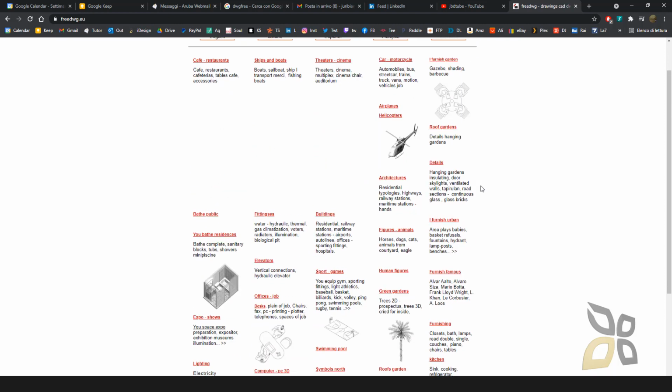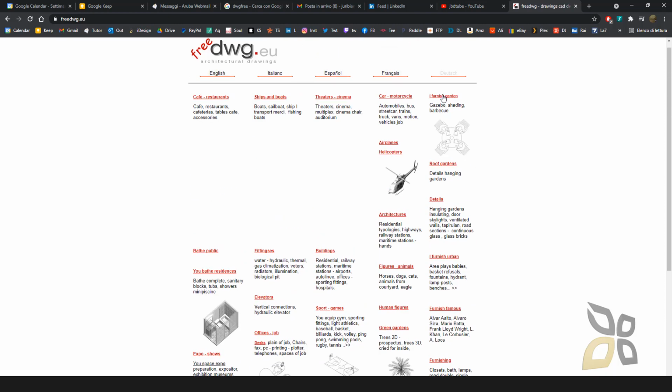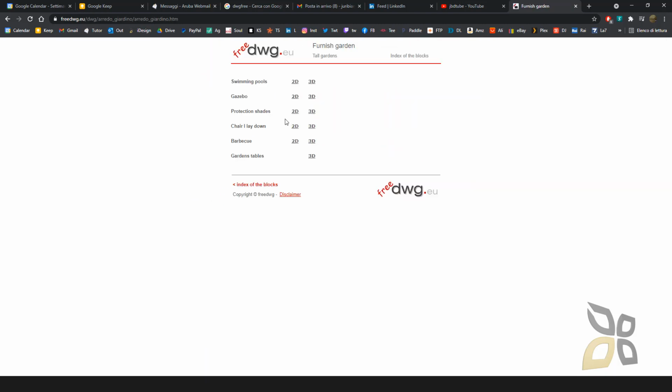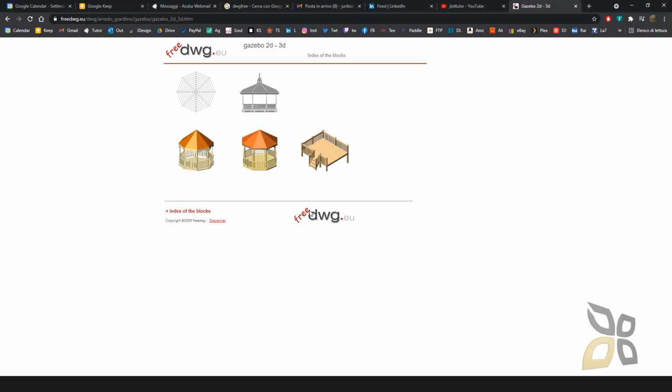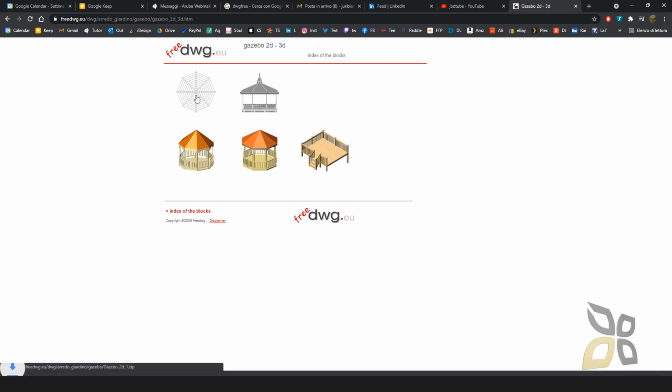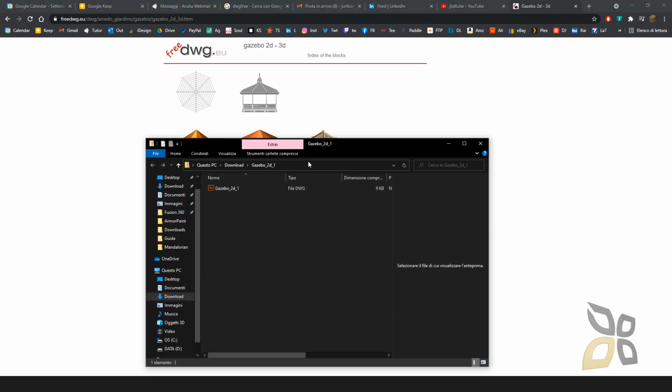Now let's make an example. I will take, for example, here this garden furnishing. All right, so you can see you have 2D and 3Ds. For example, let's see this gazebo 2D. So if I click here, I have the 2D drawings and also the 3D drawings. So for example, let's pick this 2D. So if I click here, I immediately get in my download folder this zipped file,